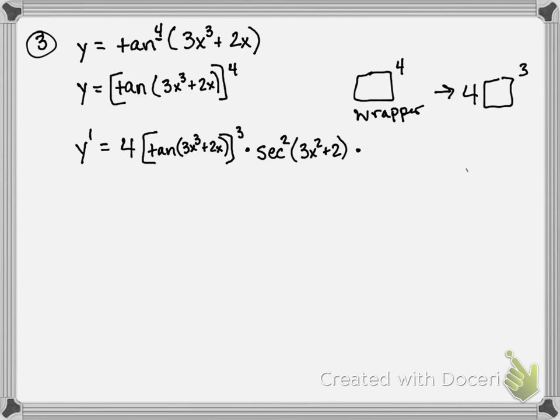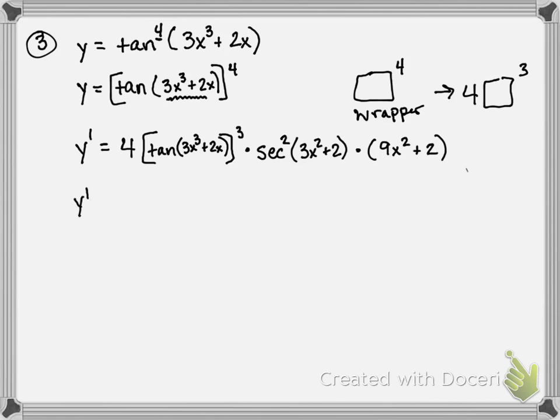All right. What's the gum? 3x. So 9x squared plus 2. And I put that in parentheses so that you know that whole thing is multiplied by all that. Okay? So if you wanted to simplify that,